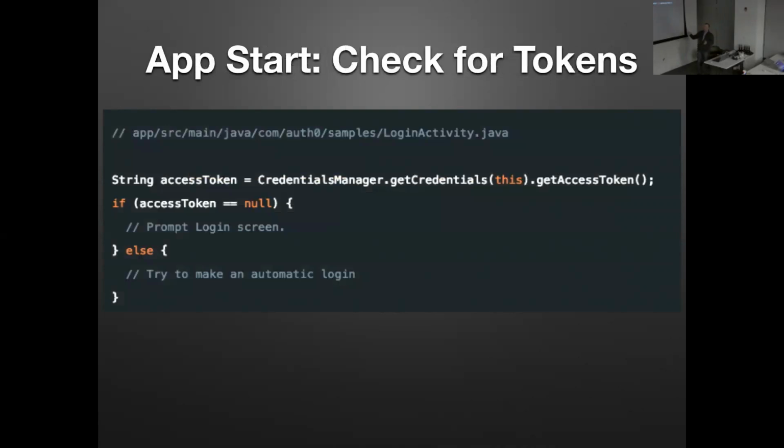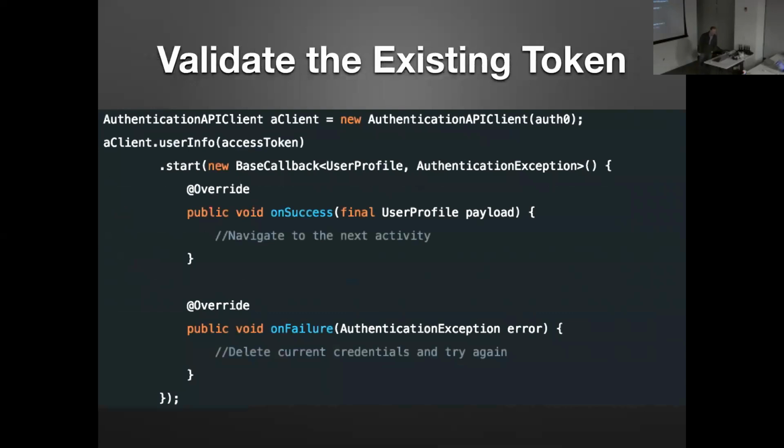So for that token that comes back, this is where you want to check when you restart the application, is this person logged in already, or do I need to show that login page once again? You can get that access token back out of the shared preferences or however you stored it, and you can check to see if it's null or not. Also, if it's expired.